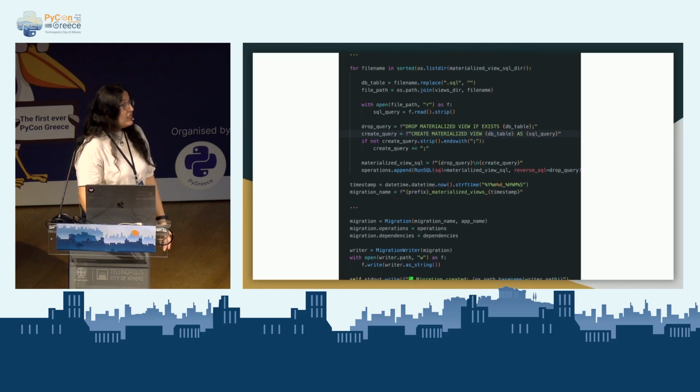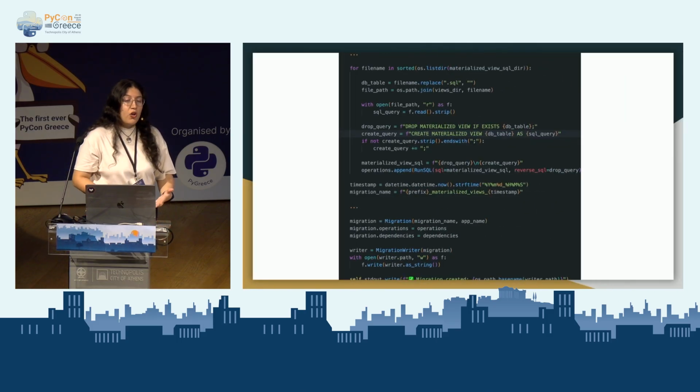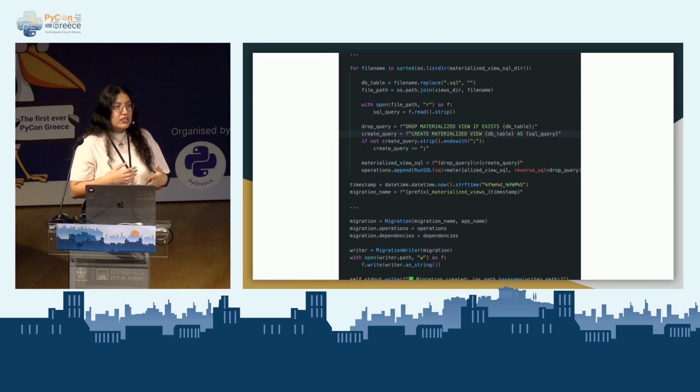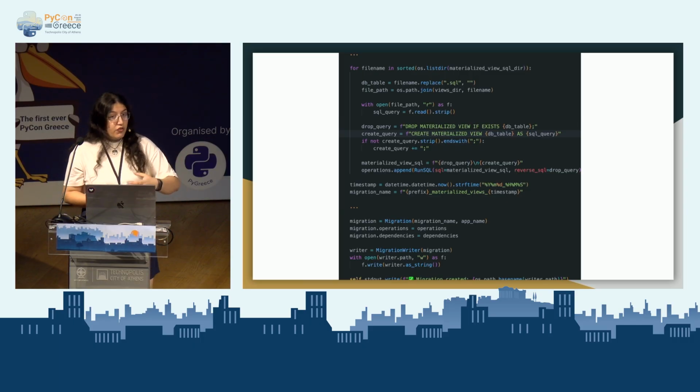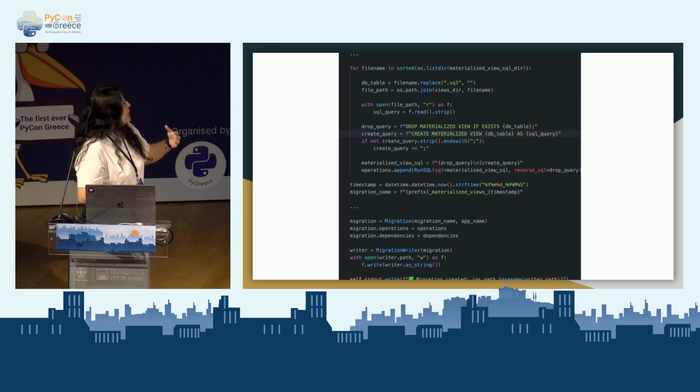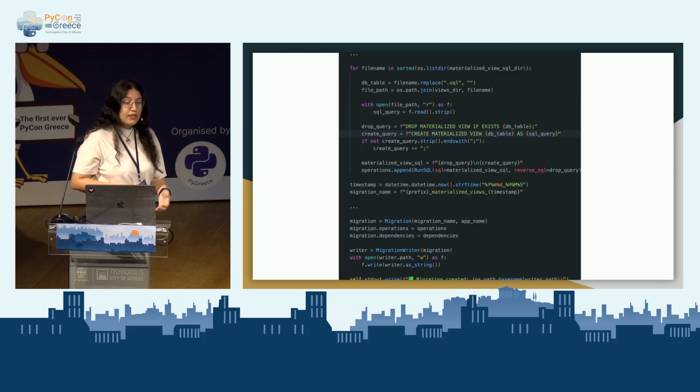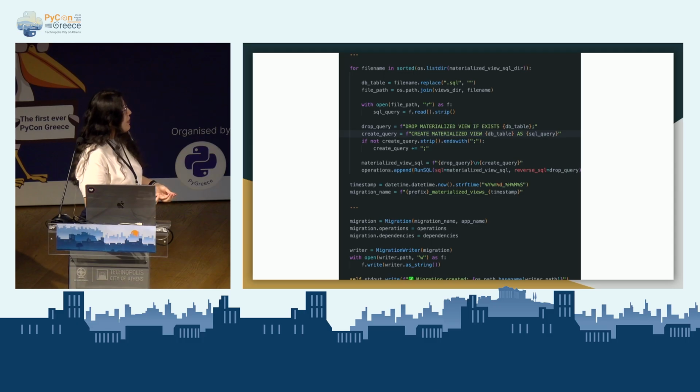However, this refresh method works only if the SQL is still the same. So if you want to change the SQL, for example, adding a new column or removing a column, you need to drop the old view and create a new view from the new SQL. But dropping and recreating the materialized view every time is not efficient or easy in production.